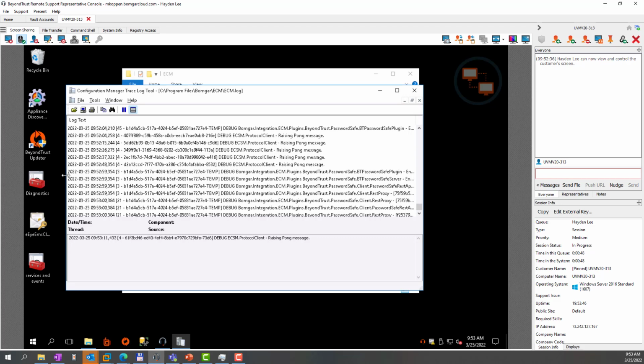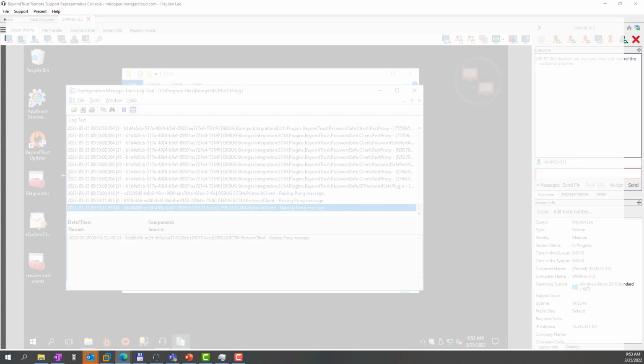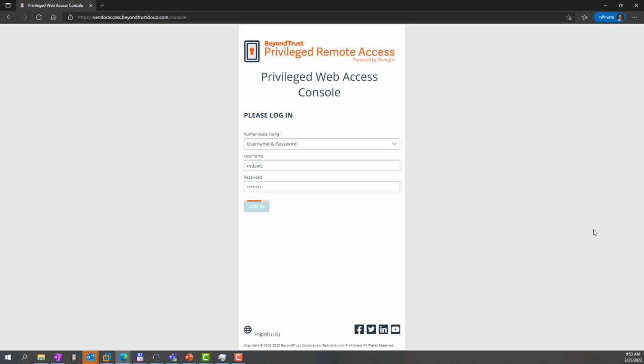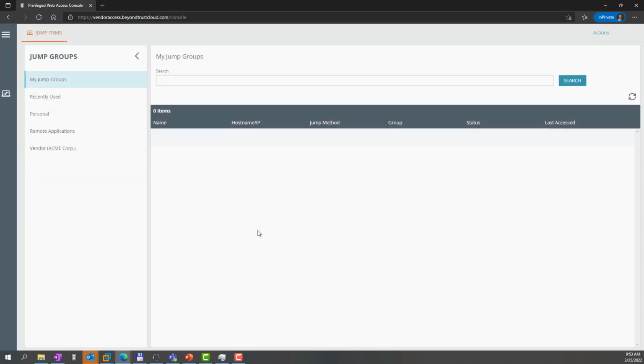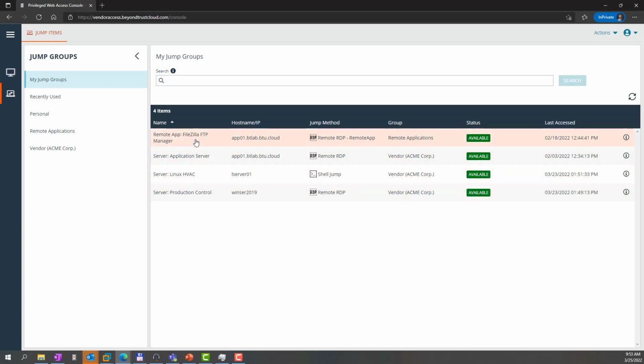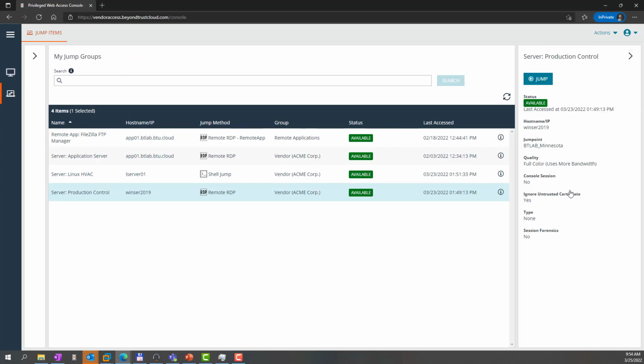So let's have a look at how it actually looks when we're performing tasks with the integration enabled. Let me log in here as a vendor user. Of course, we're protecting that with multi-factor authentication. So after Martha here authenticates with her given username and password, she has to enter the MFA key. And once we're logged in, we then have access to the connections, to the assets that we're entitled to. So here, if we pick one connection here and initiate a jump,